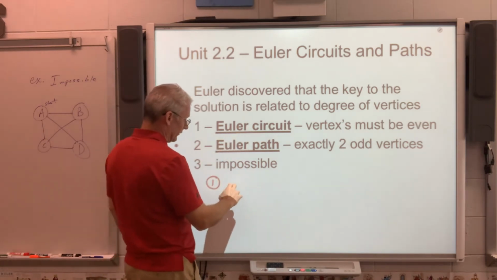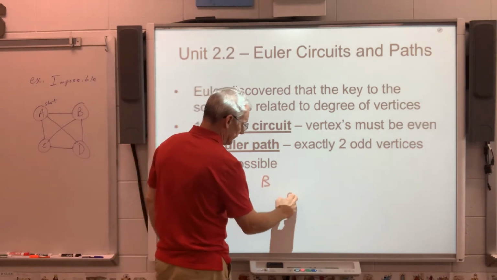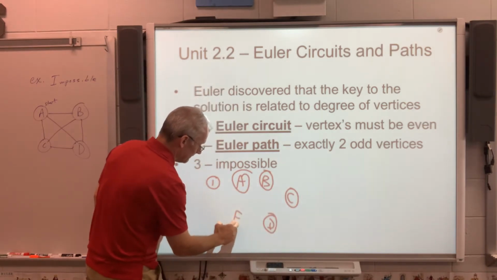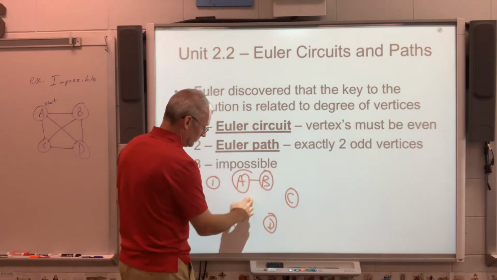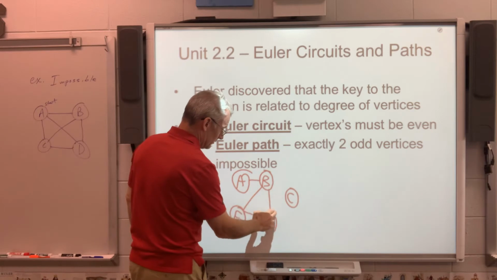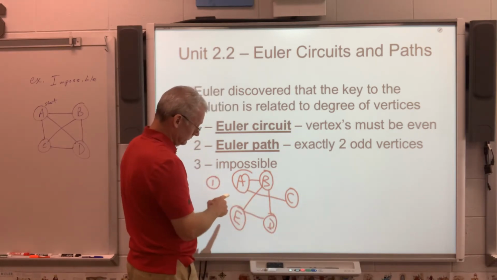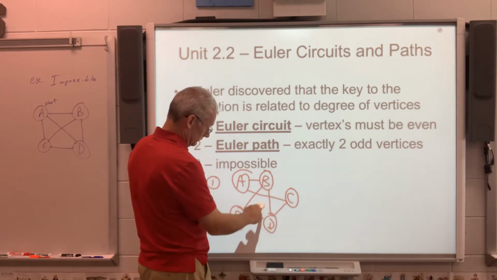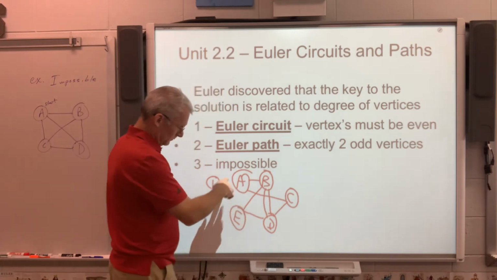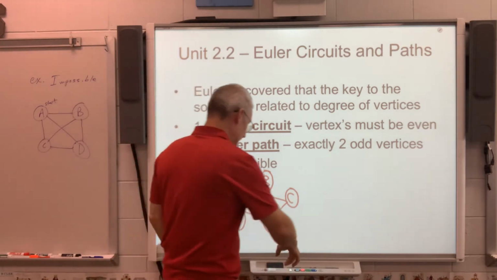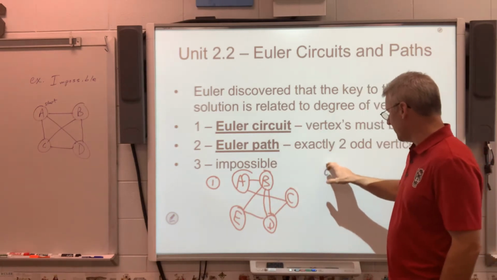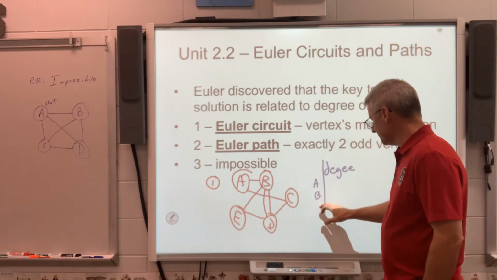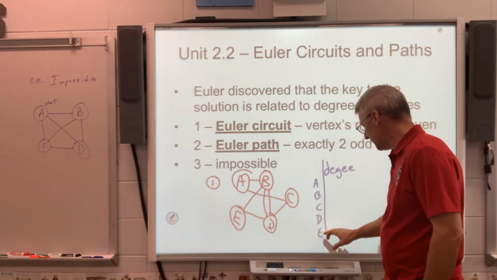Okay, so Euler circuit. So if I have A, B, C, D, and E, I've got some shape that looks like this. What he said is that you can go over here to the side and you can make a degree. So if I have A, B, C, D, and E,